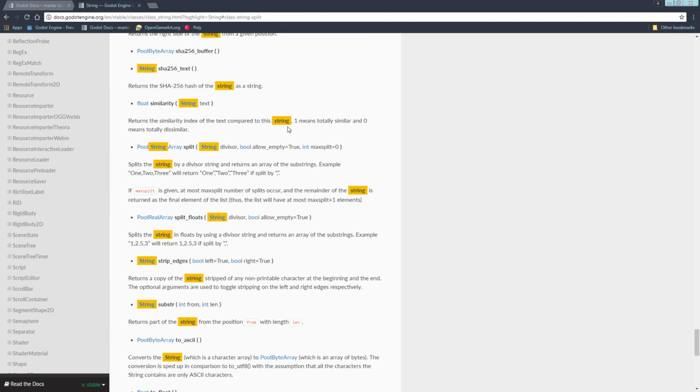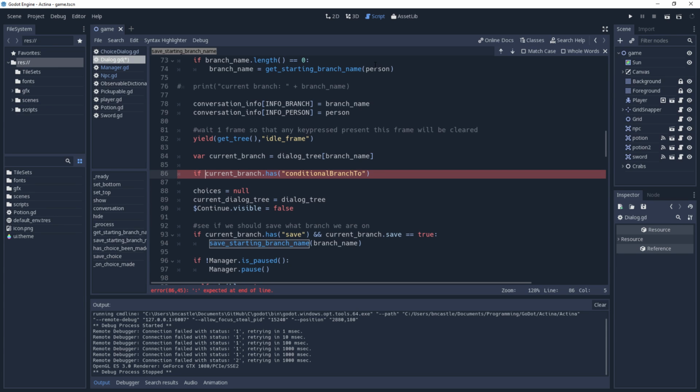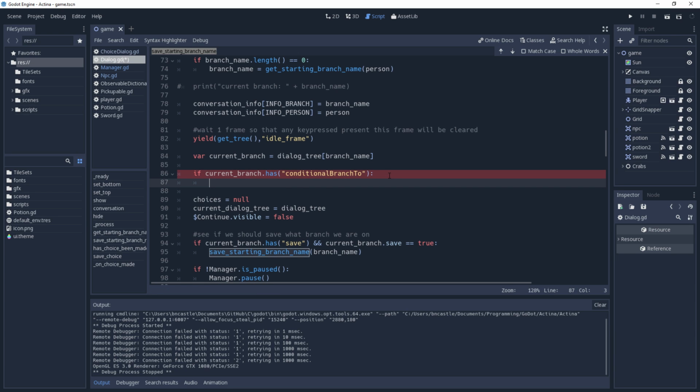Splits a string by a divisor string and returns an array of the substrings. So I just want to call split. Indeed. So if that, then we say,